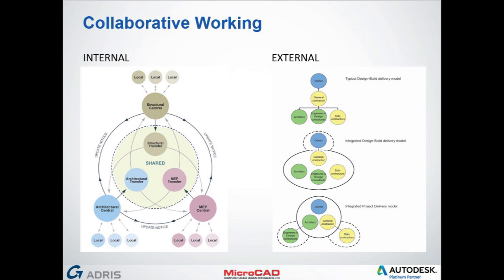Also, there's the collaborative working side of things as well. The whole point of BIM is to start trying to work collaboratively with people, and that collaborative working works hand in hand with producing, specifying models and sharing that data around. So although initially there doesn't seem to be much scope for suppliers in that field, I think it's more a case of understanding how that system works, and how people are now starting to adopt this kind of strategy internally and externally, and where manufactured data is going to fit into that integrated project delivery and internal collaborative working,